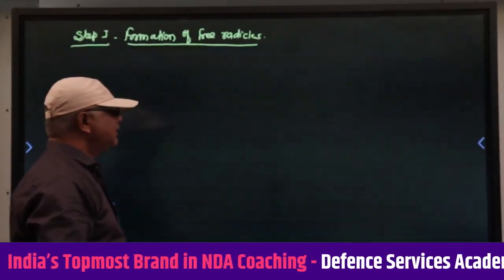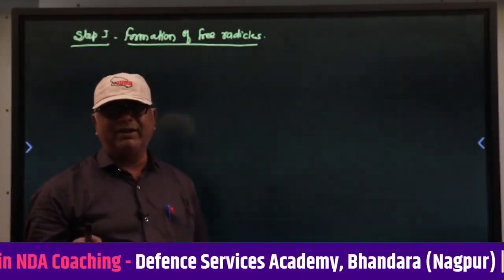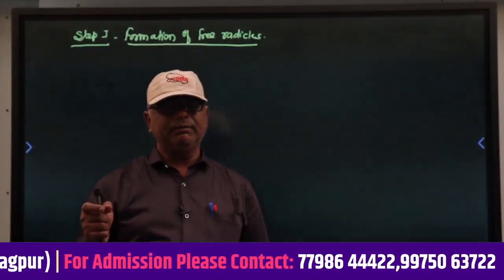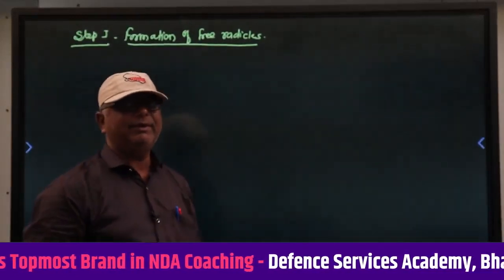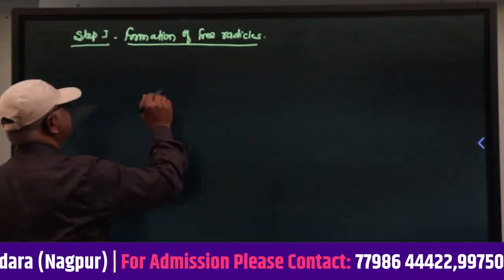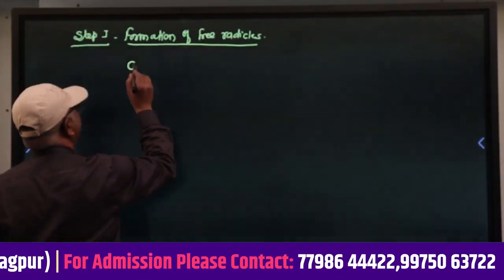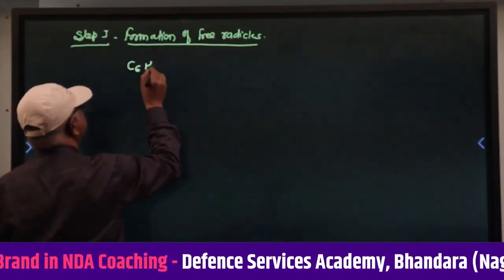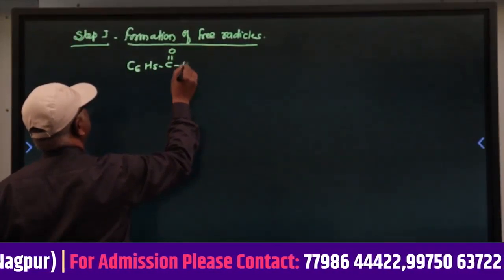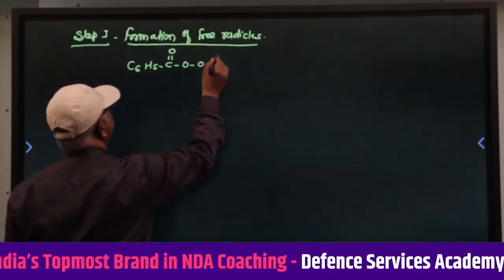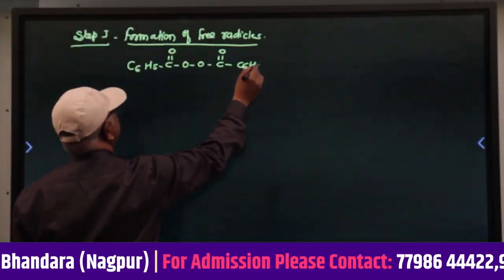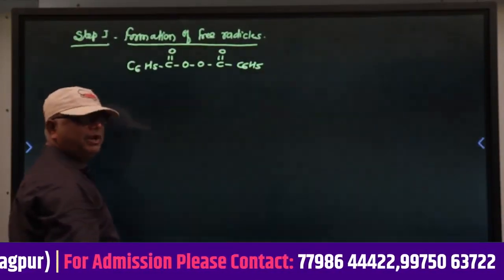Initiators are tertiary butyl oxide, phenoxides, phenyl peroxides; these may be used as a catalyst as well as initiator. So let us consider here benzyl free radicals are produced when benzyl C double bond O peroxide is used, C double bond O C6H5. You know that one bond means 2 electrons.